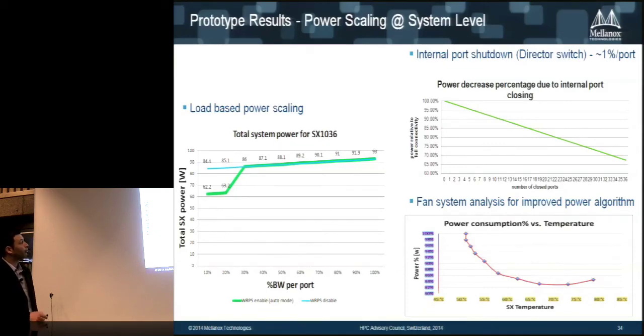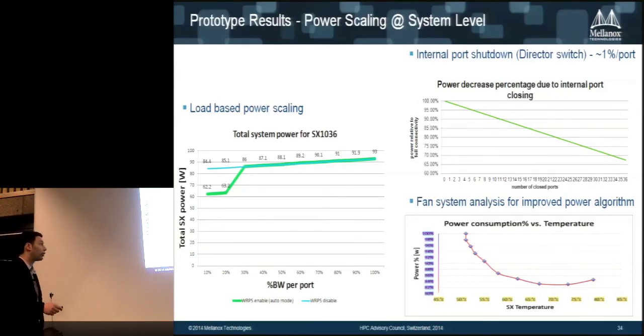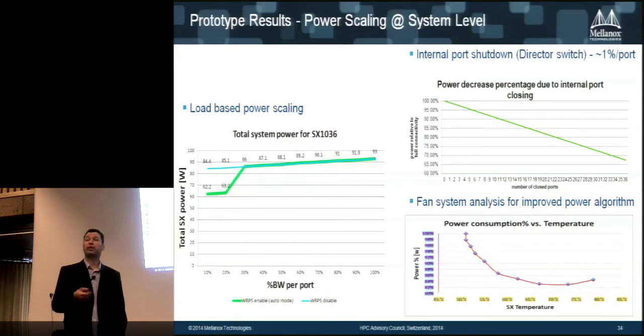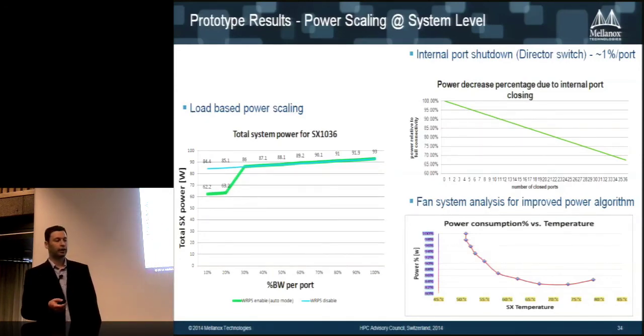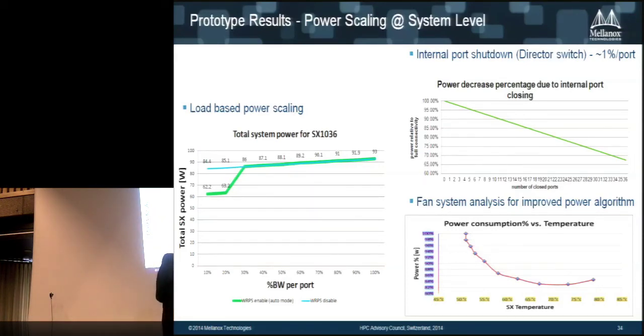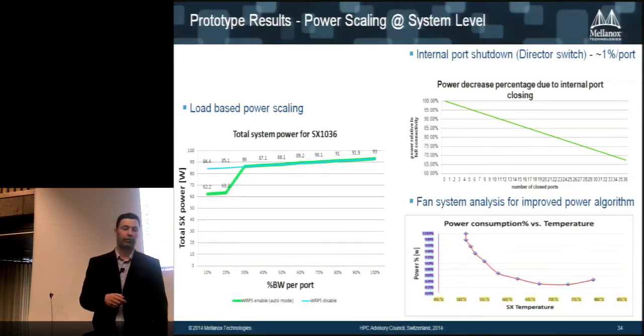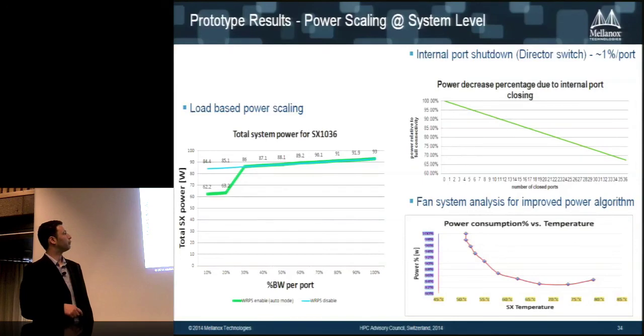Another thing is closing ports, and you can see again, if you don't need all the ports, you can try to shut them down. This is something that could be done by a management application. Once you shut down the ports, you can really save on power, and you can even shut down complete systems, especially if you're dealing with topologies like FAT-tree. It's pretty much straightforward to turn off spine devices in the network if you don't need them. And this could be a management integration between job scheduler and subnet manager and all of that. You can even do it almost painlessly without losing traffic if you do it right. So those are things that can really improve the power consumption.